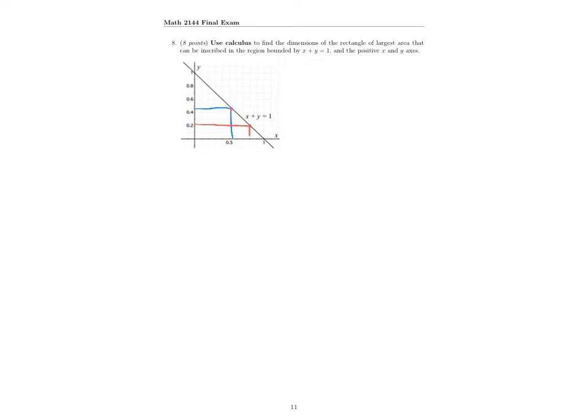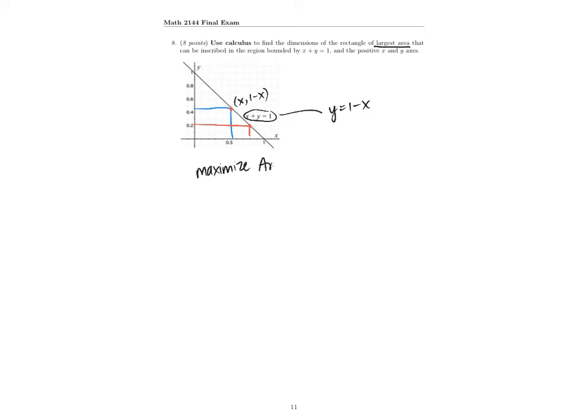And so what we can say is that the coordinates of this point are x comma, and then I can solve this equation for y and say y is equal to 1 minus x. So x comma 1 minus x. So that's the coordinate of that rectangle. So what I want to do here is find a rectangle of largest area. So in other words, I want to maximize